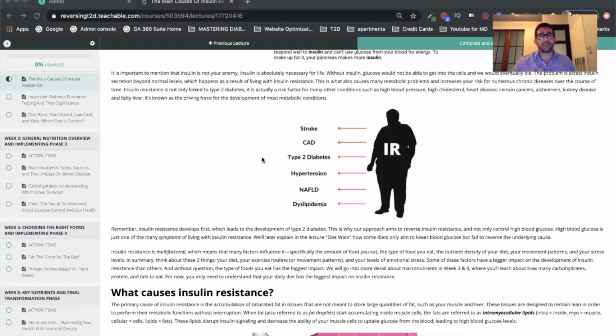Now, this is not a new approach. This is not new science. Actually, the science dates back over 100 years, where researchers started to notice that people who lowered their saturated fat intake became more insulin sensitive. In other words, these people started reversing insulin resistance. Actually, there is a research study by Dr. Rabinovich in which he took a cohort of type 2 diabetics, and instead of feeding them a diet high in animal products and low in carbohydrates, he actually fed them a diet high in carbohydrates and low in fat.